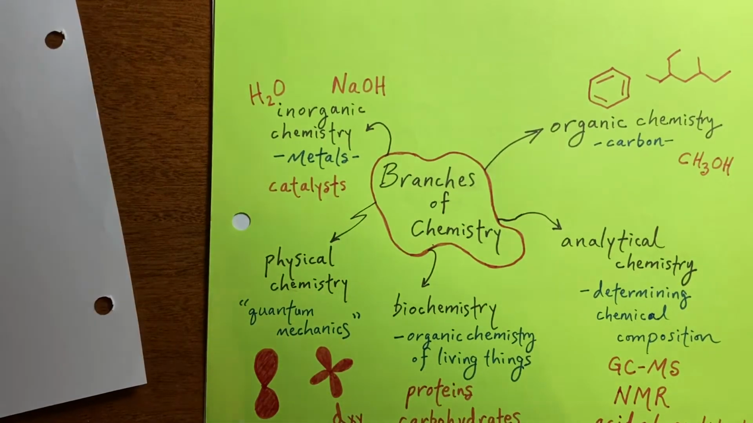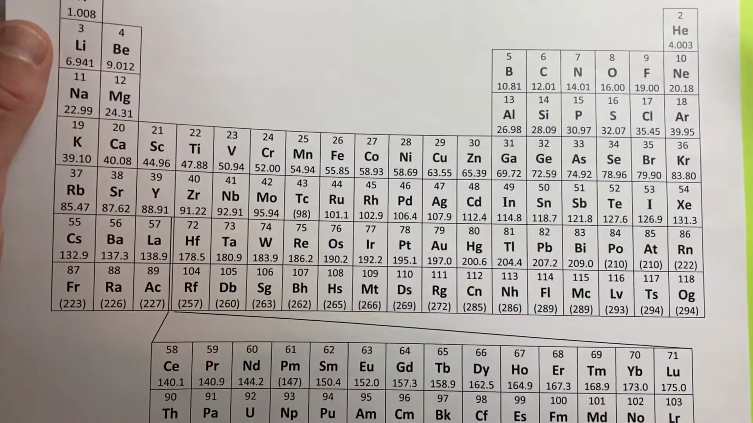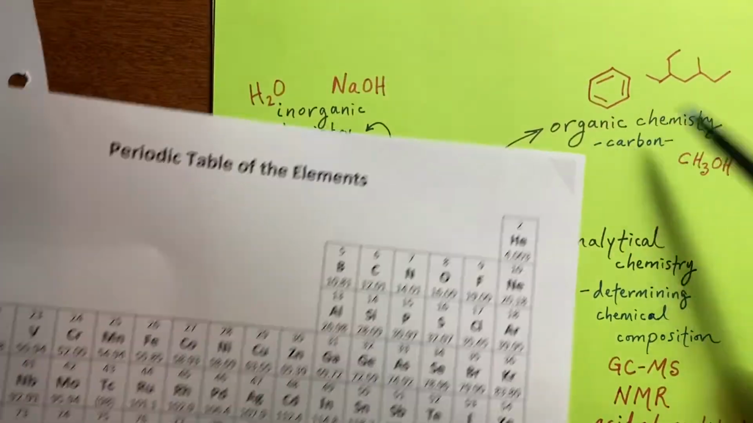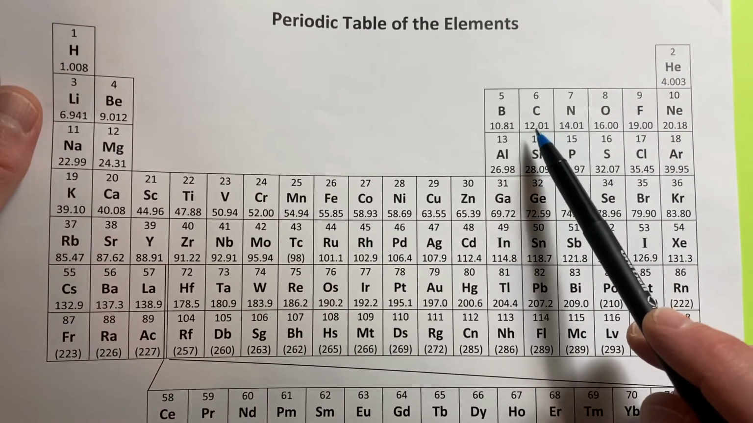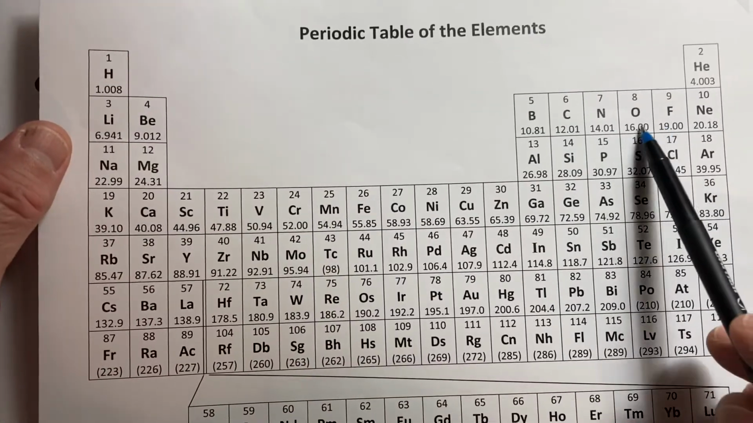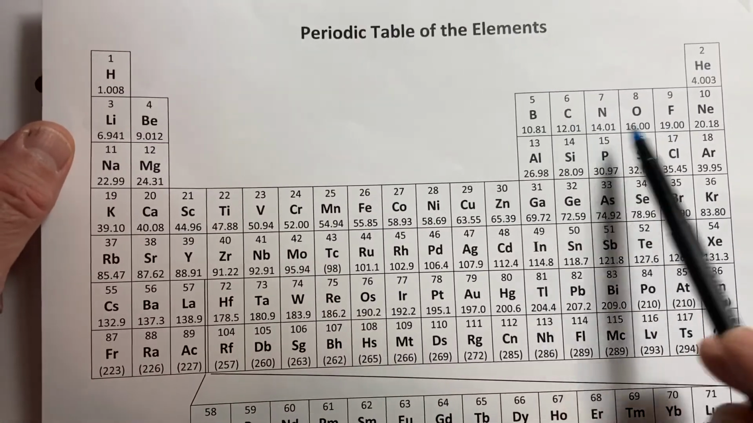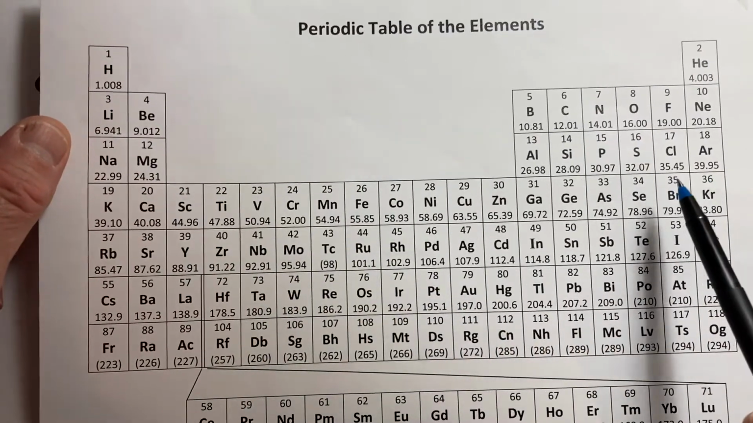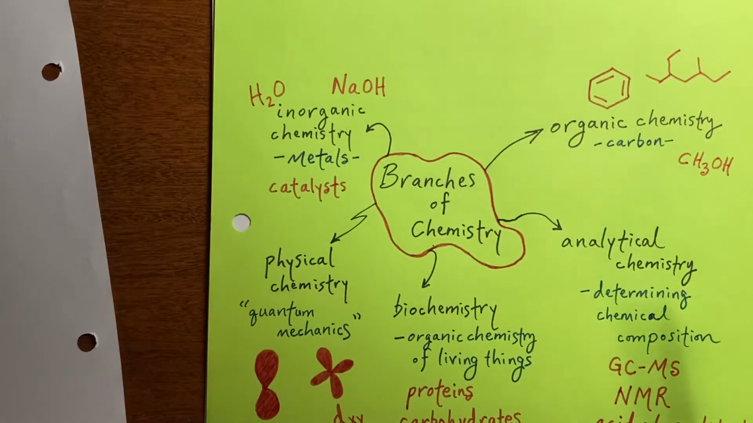So if you look at a periodic table, you'll see that organic chemistry really just deals with this one element, carbon, with some hydrogen thrown in and some nitrogen and oxygen and sulfur. These elements right in here is pretty much all of organic chemistry. Organic chemistry is really the